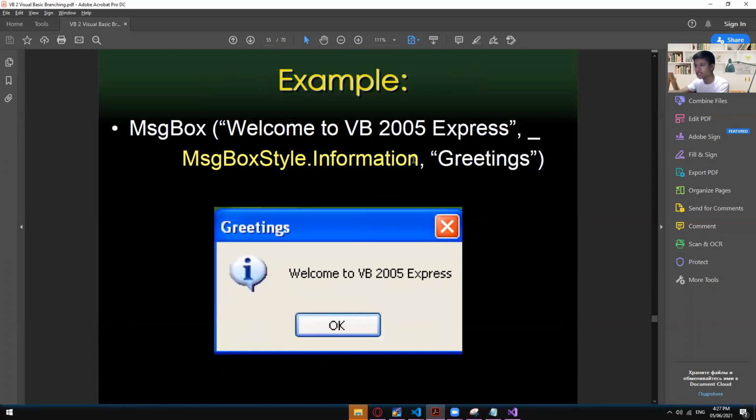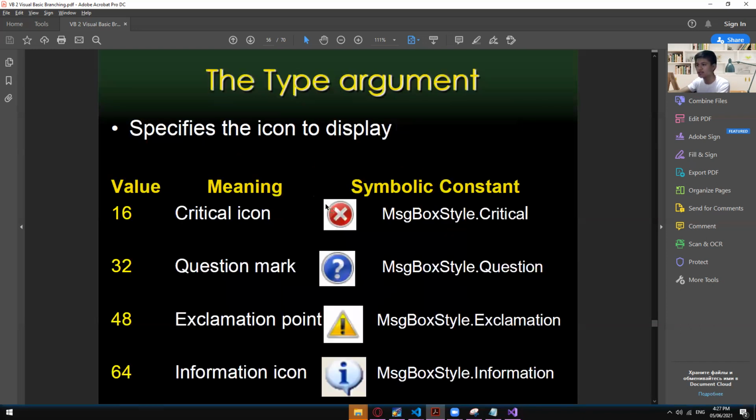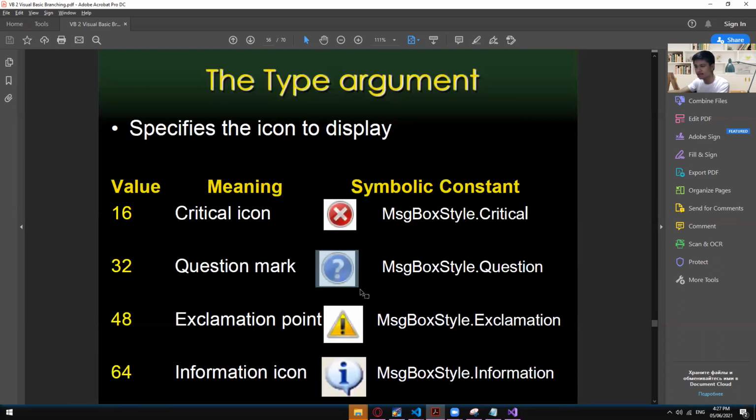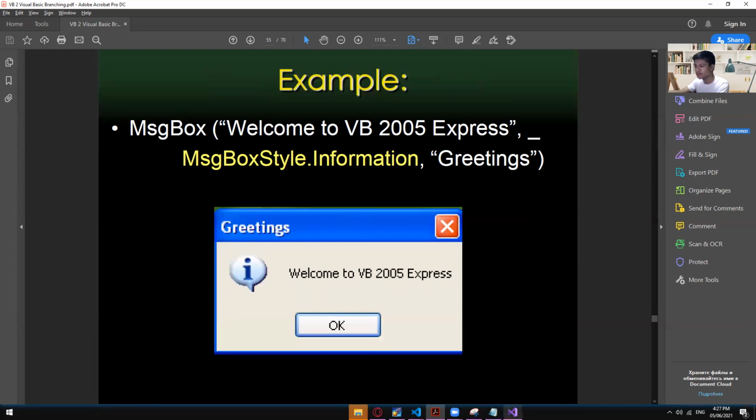If I change this information into critical, then this will be changed into something like this. If I change this into question, then it will be changed into something like this. Just to give you guys an idea,